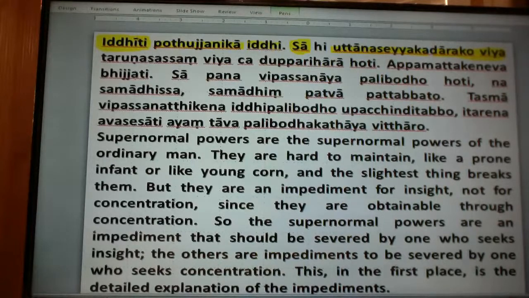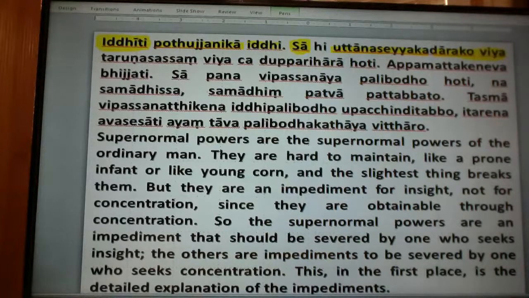A just born baby has no power to do something, isn't it? He or she needs the help of the parents or others. Like this, the supernormal power of the ordinary person is very fragile. A newborn baby needs support from others. Without support, he will die easily, isn't it? Like that example, the supernormal power of the ordinary person is fragile, easy to break,